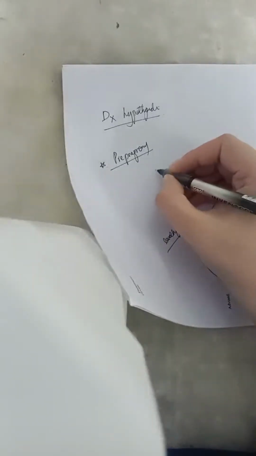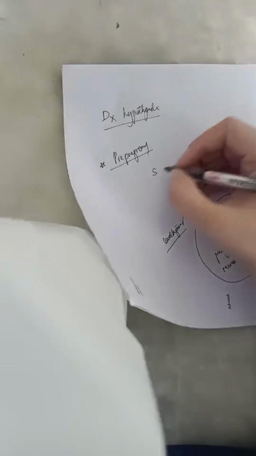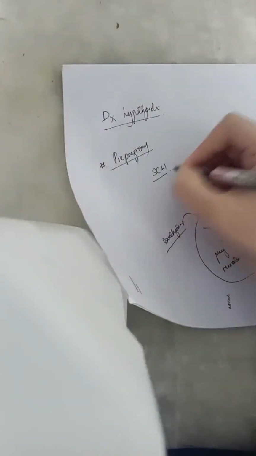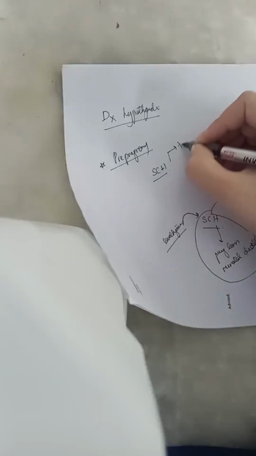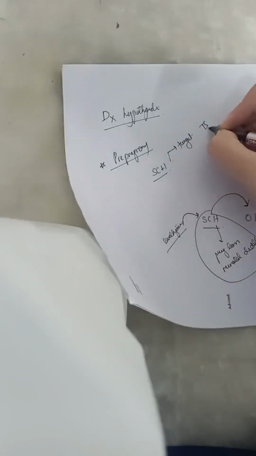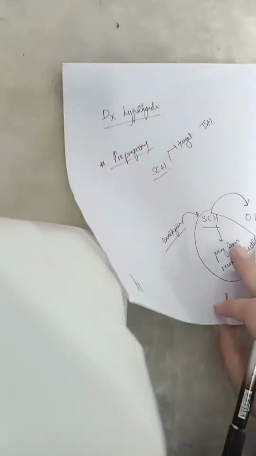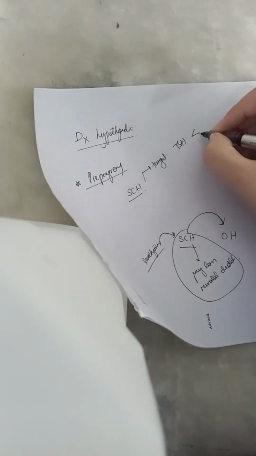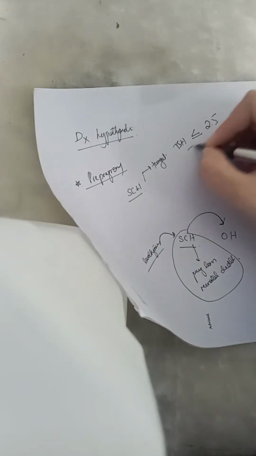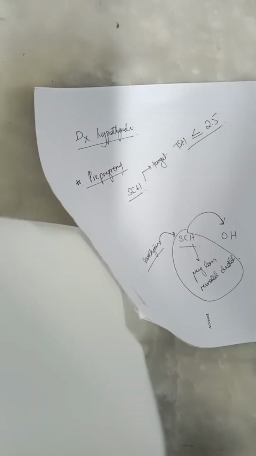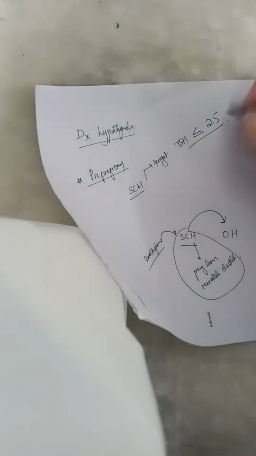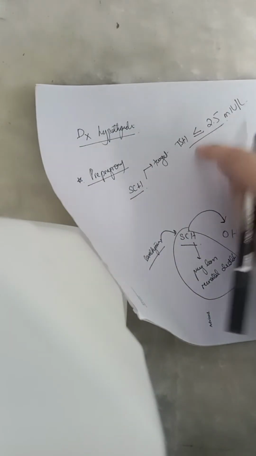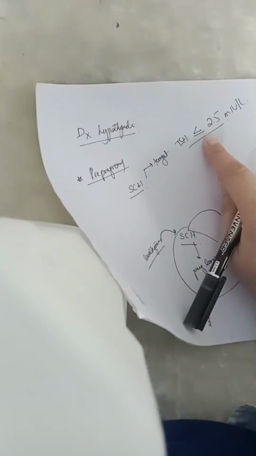Okay, so this is an equation, guys, just like maths. Please pay attention. If she has subclinical hypothyroidism, then your target should be a TSH of, kindly give a guess, what should be the value if she wants to conceive? It should be less than or equal to 2.5. Okay, this is the value, milli international unit per liter. You guys should know this. This is the target. If she wants to conceive, this should be achieved before conception